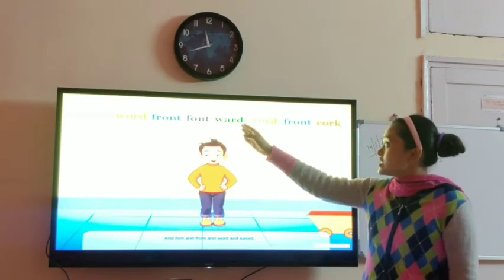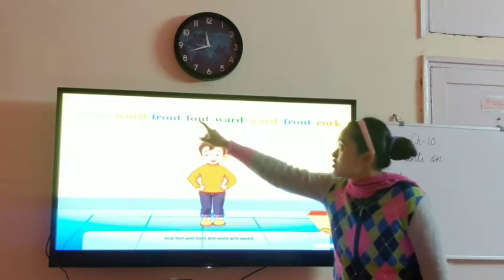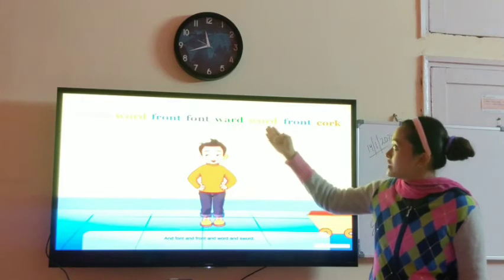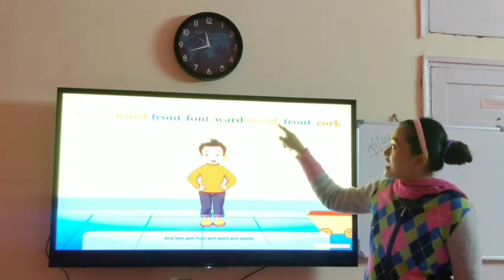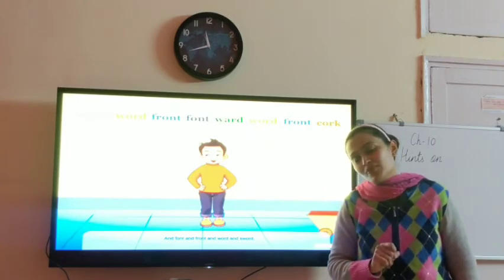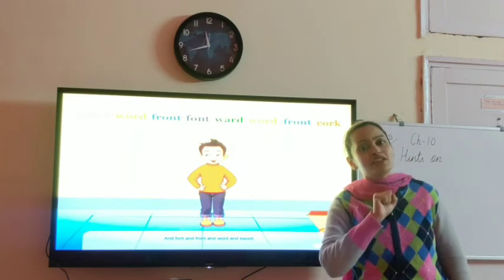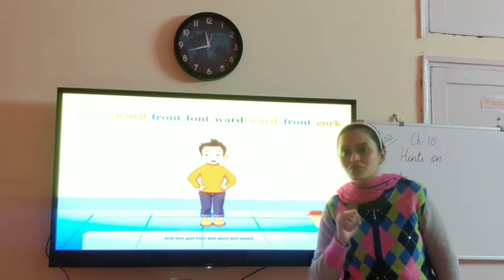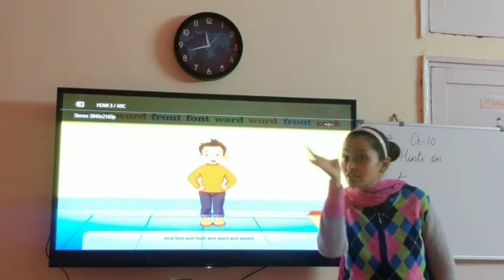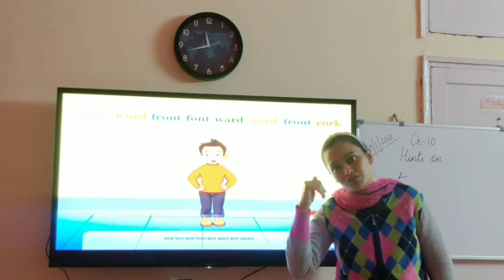In front, from behind, if you see, the spellings are the same. Front, font, front, then there is word and word. If you see, the end alphabets are the same, children, only the initial alphabets are slightly different. So the spelling can be almost the same, whether in the initial part of the letters or the latter part of the word. Some letters might be similar in the initial part of the word, some might be the same in the latter part of the word.